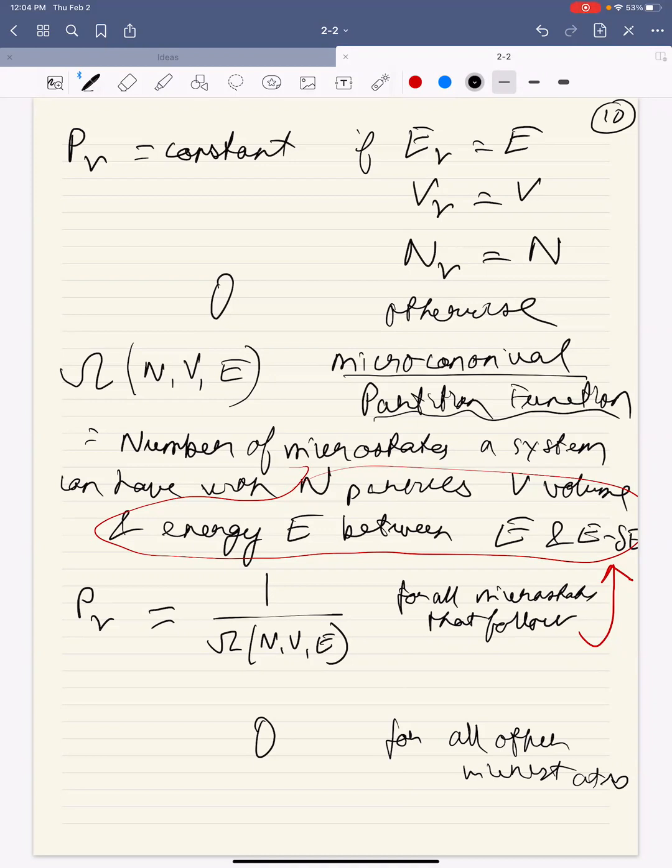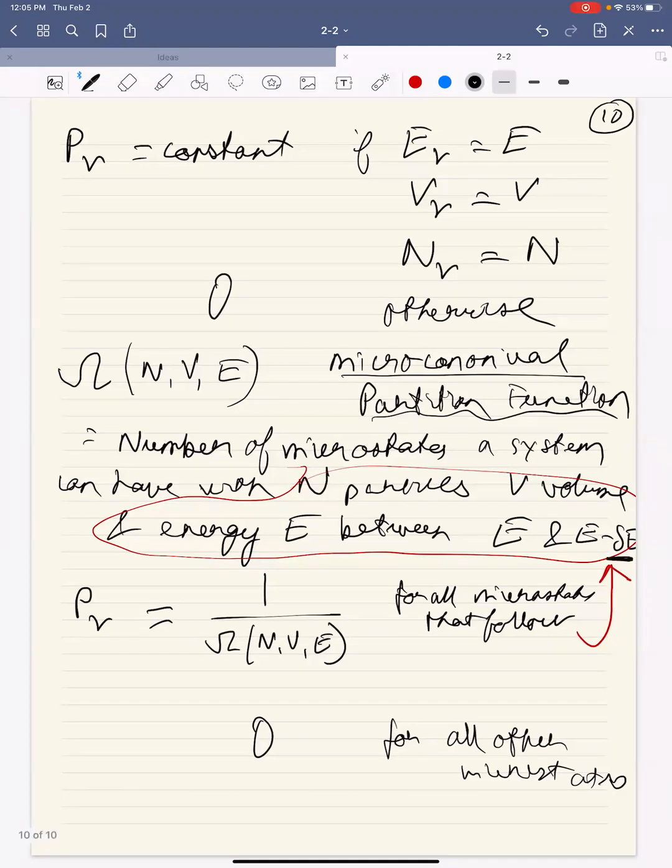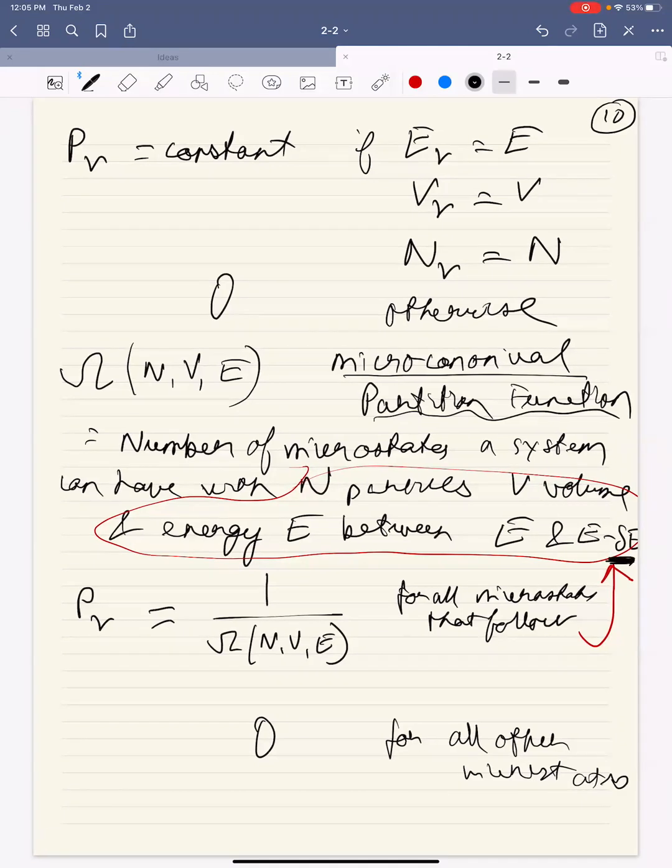Normally in math, when we define probability densities, we say P of x is the probability of finding a variable between x and x plus dx, right? And we say that dx must be small, right? Otherwise it does not make sense. For this one, actually the choice of delta E really does not matter. You can make delta E bigger and bigger and bigger. It does not matter which delta E you take. And the reason for that is phase space is very, very high dimensional. It's so high dimensional that